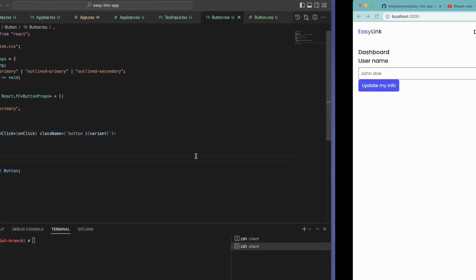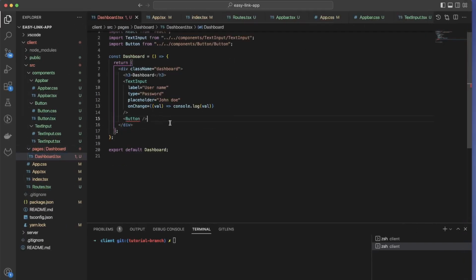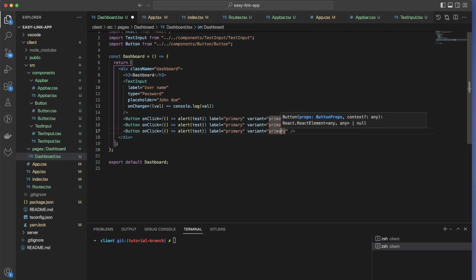All right, so we have a button, and obviously we will get some problem here in dashboard because we are not passing any props. So for now we want onClick. I'll just do test alert, and that is not enough because we also want to have here. So let's print all our buttons for now, primary, and then what else? We want to give variant. So in this case the variant will be primary,